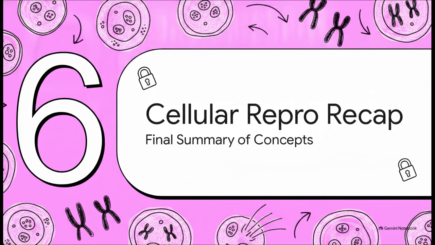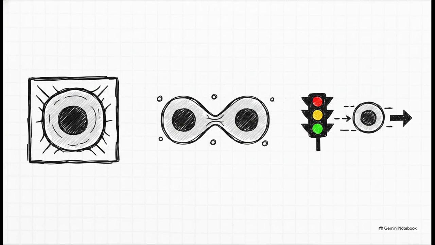Which brings us to Section 6, Cellular Reproduction Recap, a final summary of our required concepts. Let's lock in our top 3 takeaways from today's explainer. Number 1. Strict mathematical limits on the surface area to volume ratio literally demand that cells divide, rather than just growing endlessly. Number 2, mitosis strictly divides the nucleus through prophase, metaphase, anaphase, and telophase, while cytokinesis steps in at the very end to split the cytoplasm. And number 3, this entire beautiful cycle is kept in check by cyclin proteins and built-in checkpoints acting as cellular traffic lights.